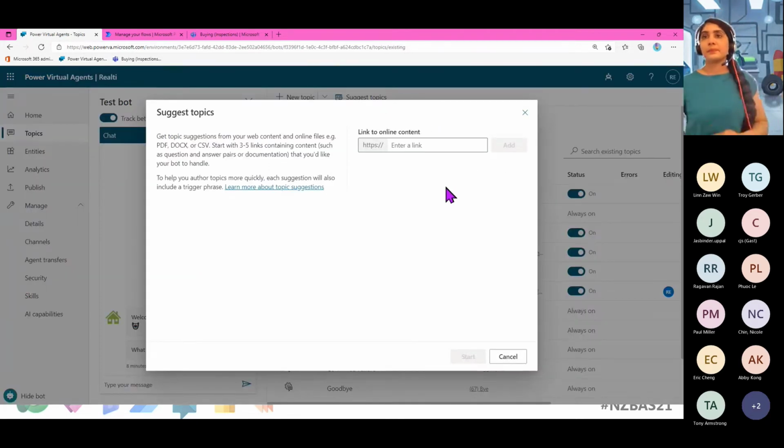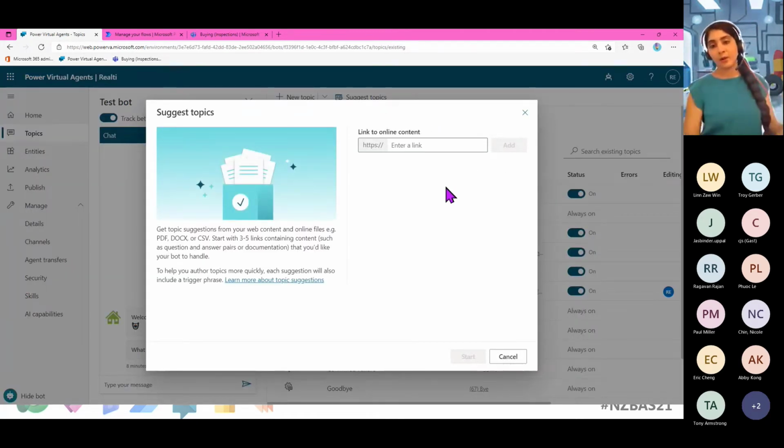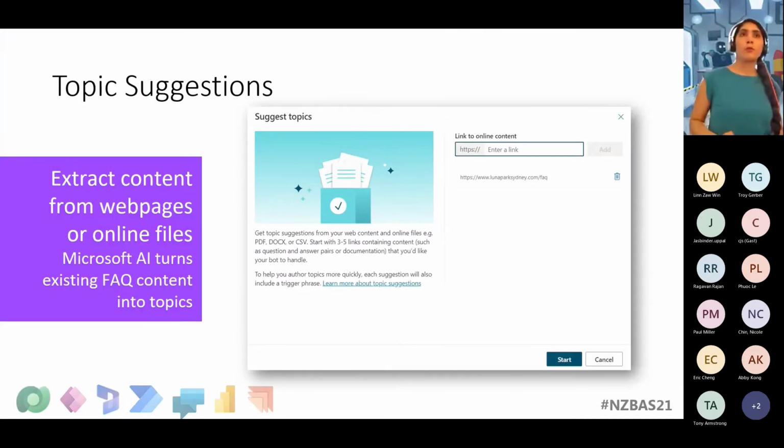So this one here, this is a fast way to get all your content in. Rather than going ahead and creating all your FAQ from scratch, this allows you to just grab a link. It might be from the FAQs that you have on your website. You can just grab the URL. If you have any files hosted online, like a PDF or a Word doc, you can grab the URL